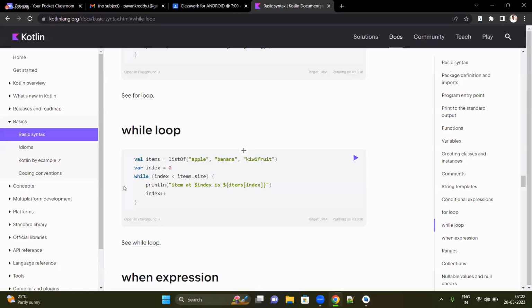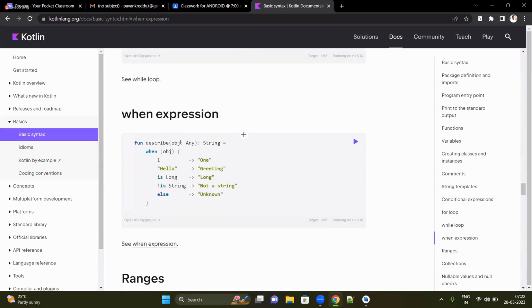While loop works the same way as it worked in Java. The when expression is something different. So when is the replacement for switch. Similarly, as switch works, when also works, but we do not have cases. Instead, we can directly write it like this, and write the statements. For example, if you copy this one